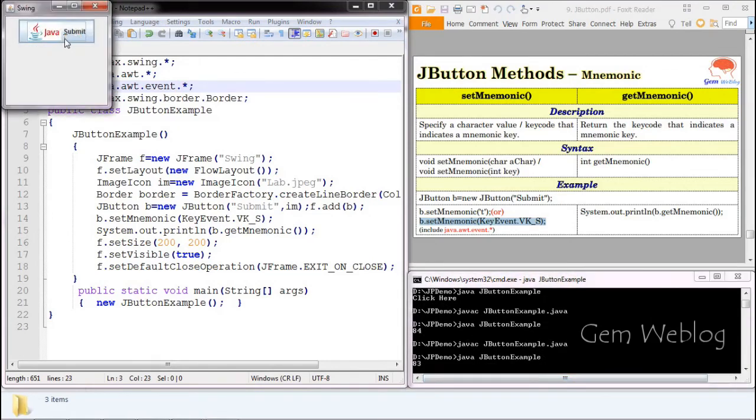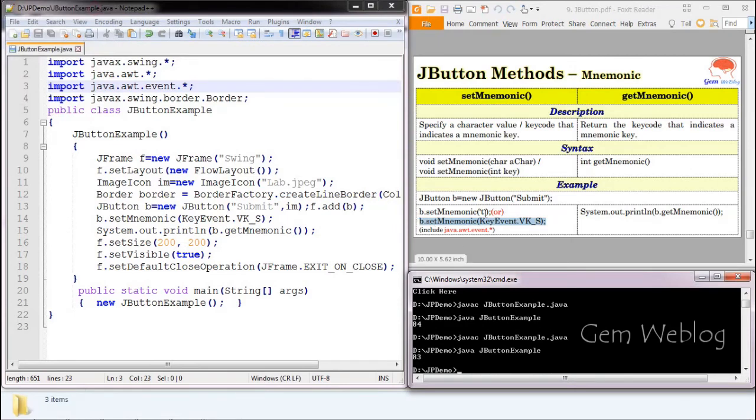Now you can see the Yes button has been underlined. If I press Alt Y, the button will be selected. So the shortcut key for this is Alt T, and here Alt Y you can use.